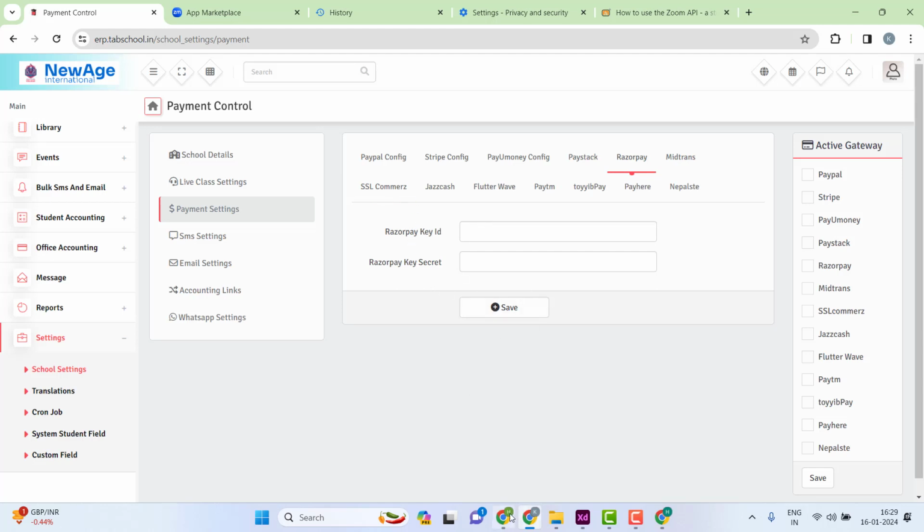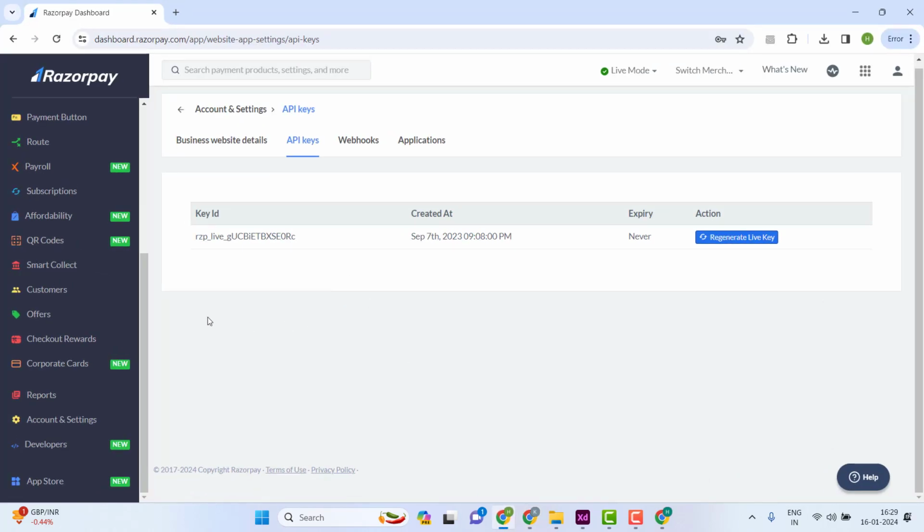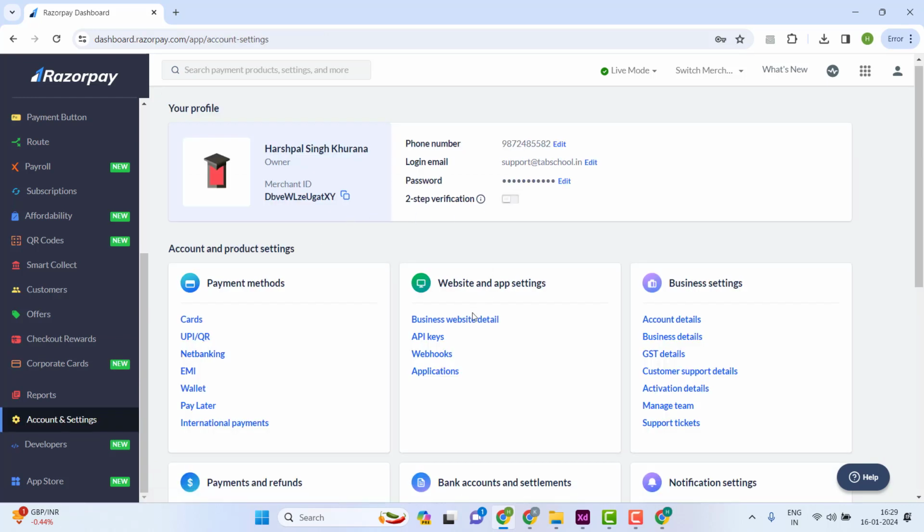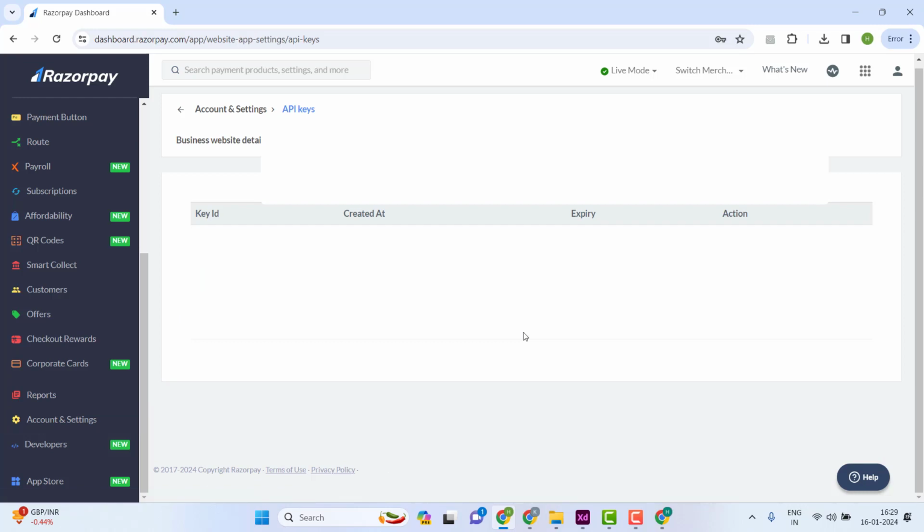So just to take you back, you can log into your Razorpay account if you have, and if you don't have, you can call our executives. They will create one for you. So you just go there, and in the account settings here you will be able to see the API keys. These are the API keys that you have, and I'll click on this is the API key, copy,